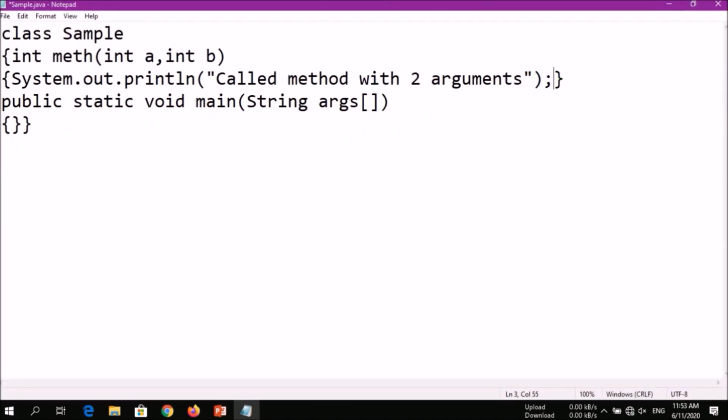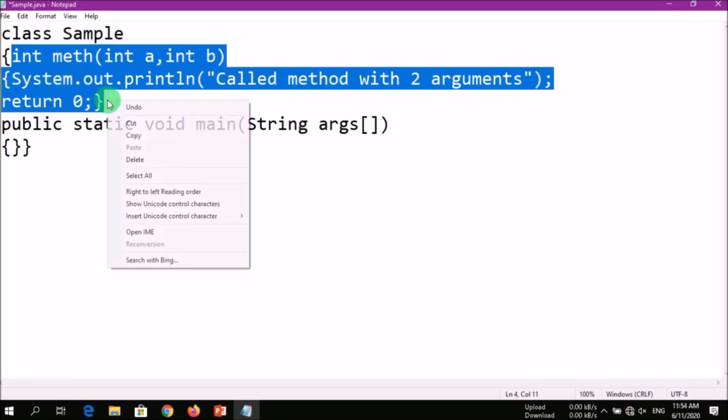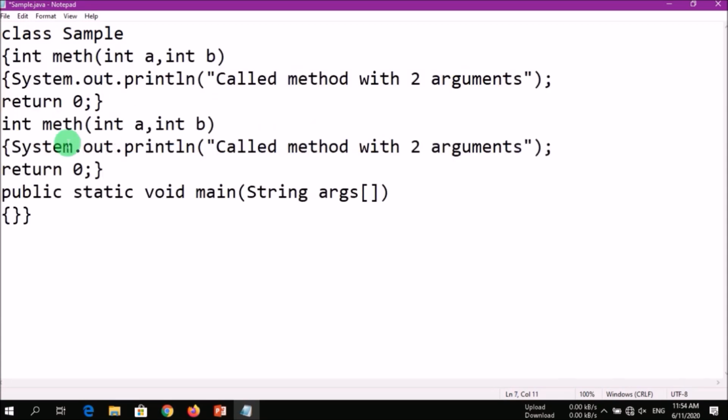And close it, and you need to give a return value. Now copy this one. Here I'm adding one more argument as c, and here change the value as 3.